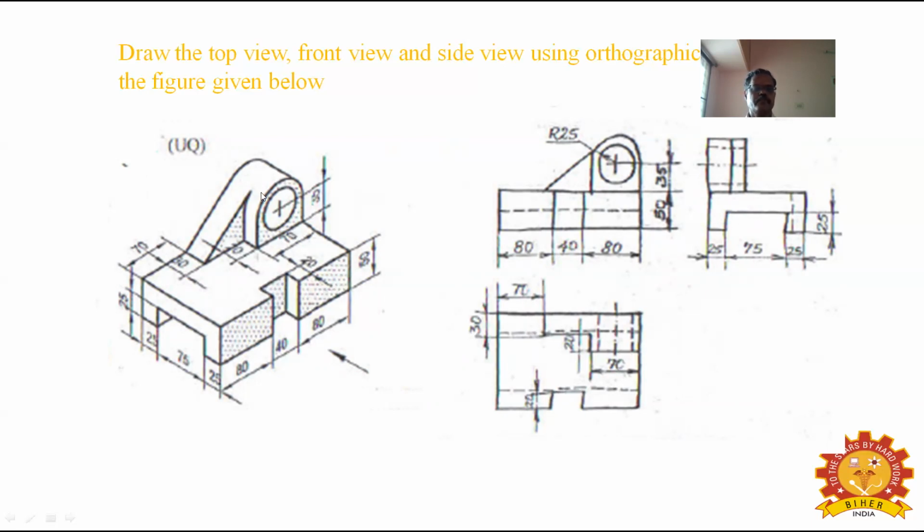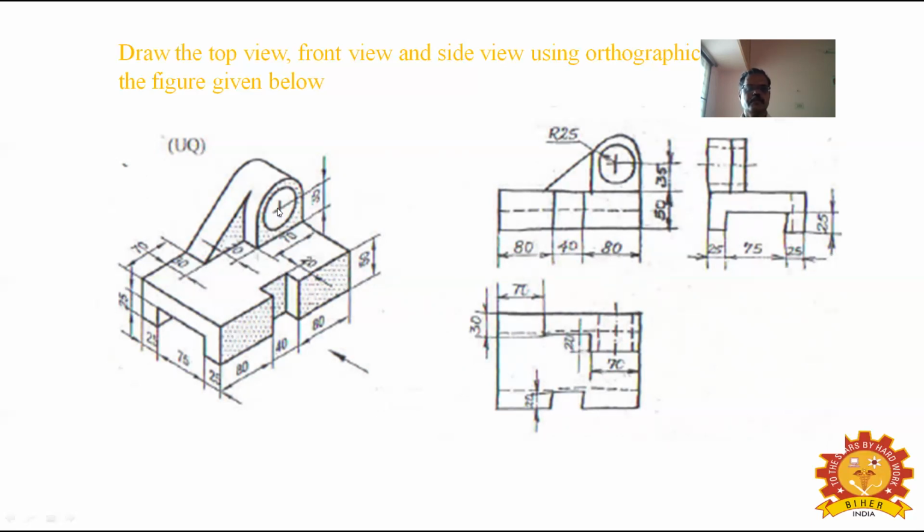Okay. When we look from the top, this boss area is visible here. From the left hand side, we have to mark 70 mm, and width is given as 30. The extra projection is given as 20. So 30 plus 20, this extra projection is given as 20 mm. So total is 50 mm. The boss thickness is given as diameter 70.